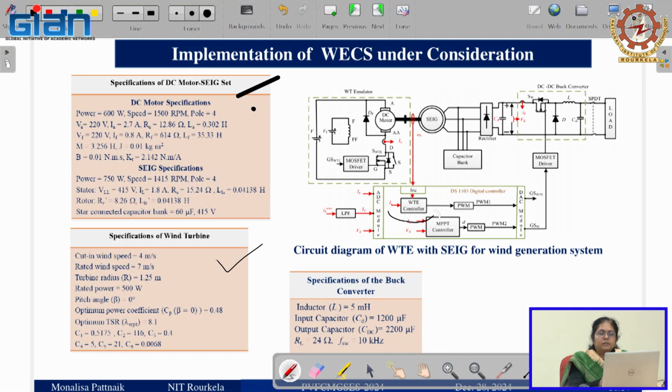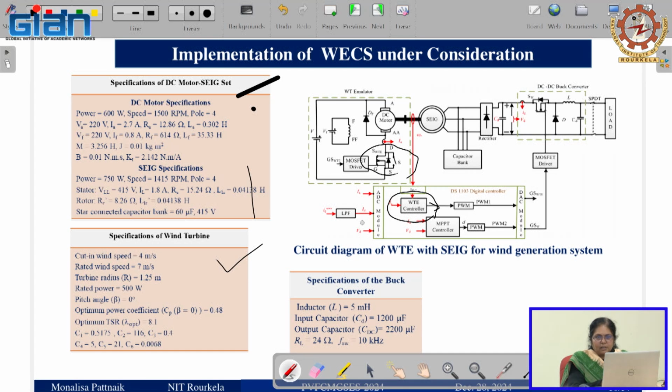Here the wind turbine is modeled, and the controller is also designed so that it gives an output, meaning you will get the PWM to control this switch, the buck converter, which is operating in a voltage control mode, meaning you are controlling the armature voltage, so it will give the corresponding wind turbine characteristics. And then comes your SEIG part, the self-excited induction generator, where the specifications are here, and you